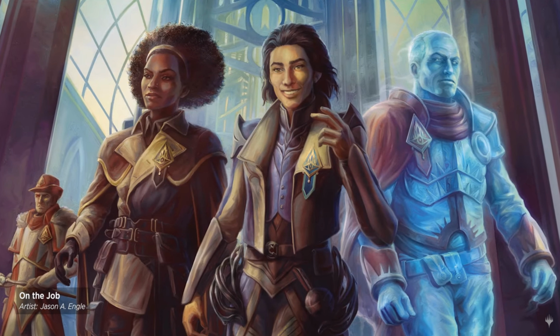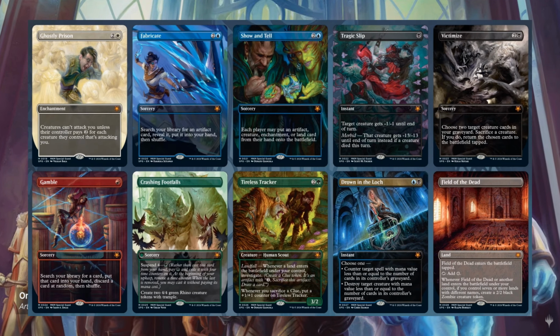Anyway, let's start. And I want to start with the special guest, highly desirable cards that match the flavor of the plane or set they are included in. In this case, Murders at Karlov Manor. All of them are reprints. Ghostly Prison, Fabricate, Show and Tell, Tragic Slip, Victimize, Gamble, Crashing Footfalls, Tireless Tracker, Drone in the Lock, and Field